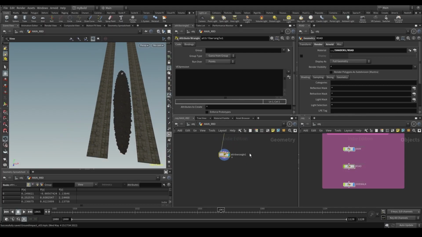In order to do this, I'm just going to put an attribute wrangle here, set it to primitives, and I'm going to create a name attribute, and I'm going to call it road active